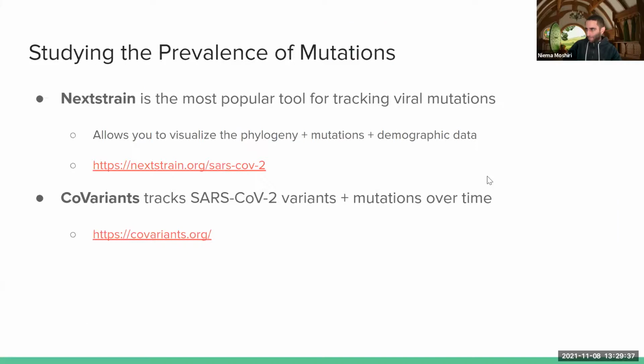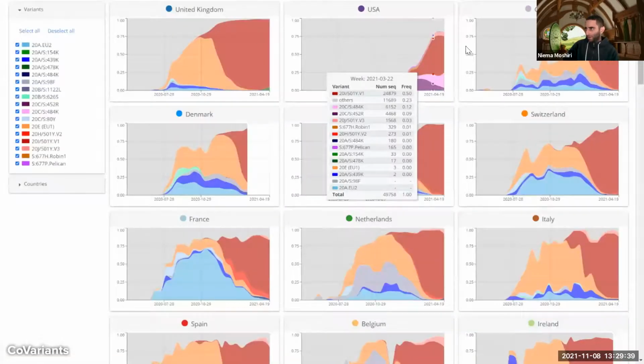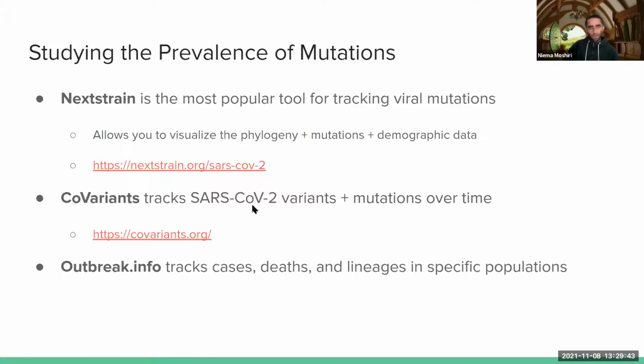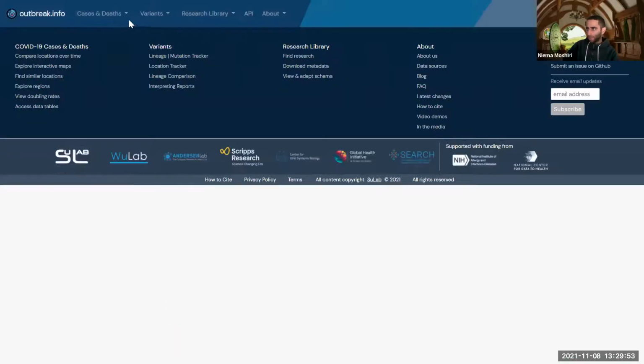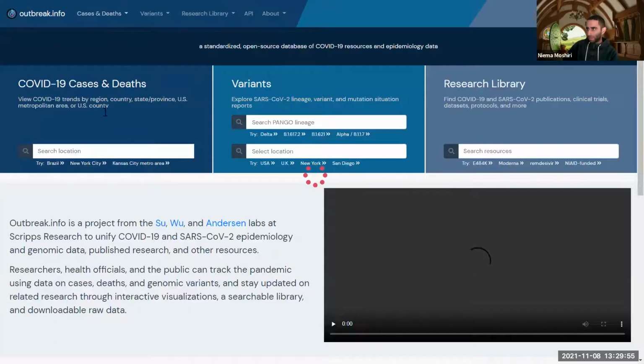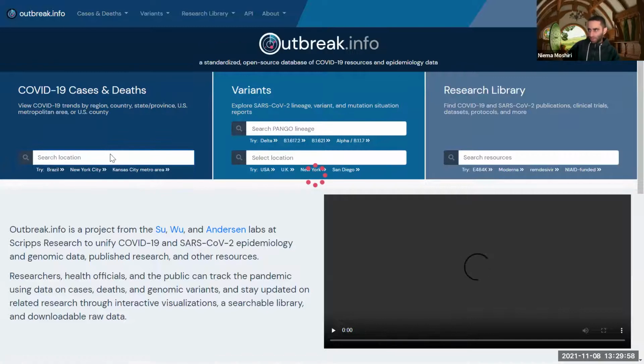Okay. And then I had a screenshot. You can do a lot of cool analyses of different countries and stuff. And then outbreak.info is another useful repository. They track cases, deaths, lineages, and a bunch of other information. And the cool thing about this one is, first of all, they have a lot of interesting visualizations. So let's say that I want